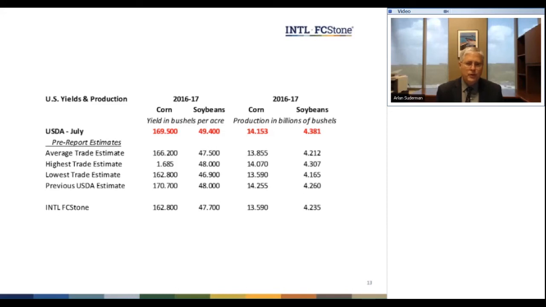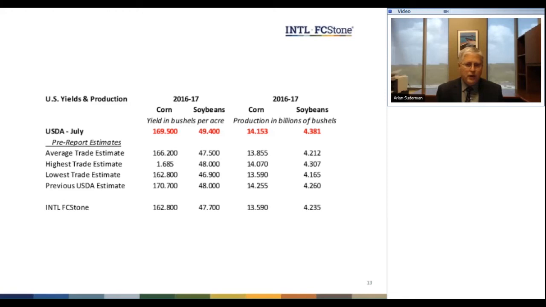So the expectation was that USDA would come out with something close to trend until more is known, but if there was a bias, it was a little bit to the downside, because roughly 1/3 of the Midwest is under significant moisture stress at this time. The crop is smaller in stature. Now it can pack a lot of pods on that smaller crop, but it is smaller in stature, and we do have widespread herbicide volatility issues, shall we say, in the core of the Midwest. And so that's why the bias is slightly below trend. USDA comes out with something that's almost 1.5 bushels above trend.